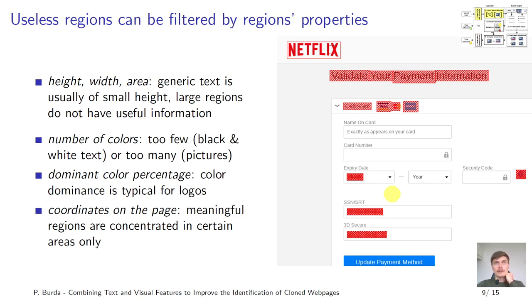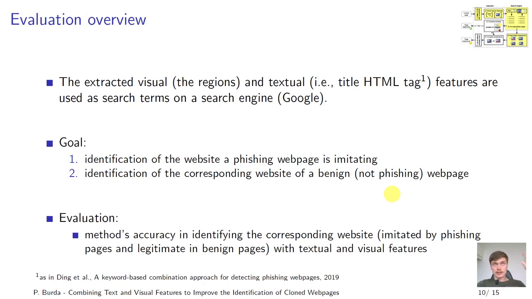Using these filtering strategies, we can reduce the number of regions to search on the search engine. So what we do is extract these visual regions. We also extract textual features, and by textual features, I mean the title HTML tag, as suggested by previous work. Those features are used as search terms on a search engine, specifically Google, with the goal of identifying the website that a potentially phishing web page is imitating, and also the corresponding website of a benign non-phishing web